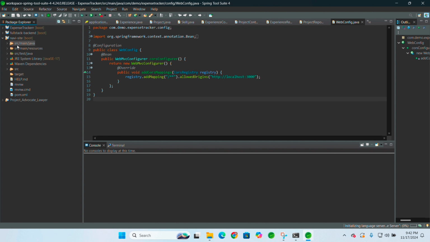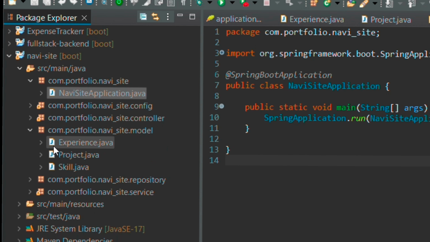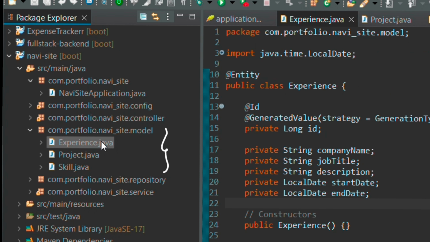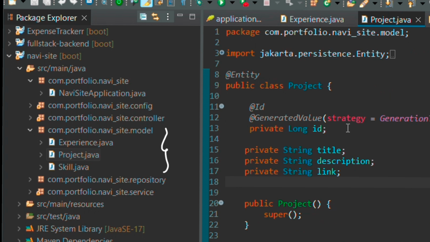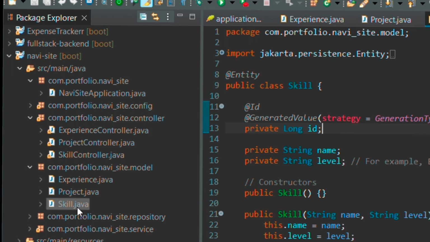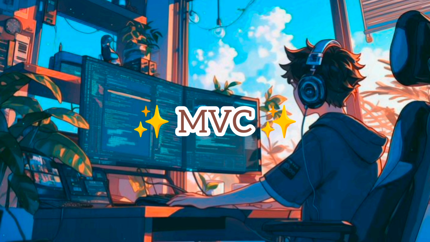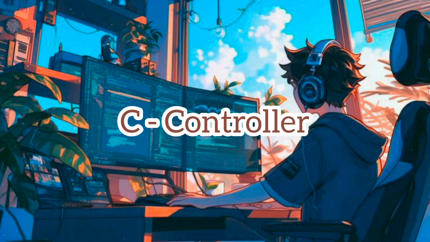Okay, so there are various packages in my Spring Boot application. Let's go one by one. We have model package, which consists of 3 main classes, which we have already discussed: experience, project, and skill. They're just beans classes because all they contain is variables. If you know anything about MVC, you'll know that the controller is the main guy who communicates with both backend